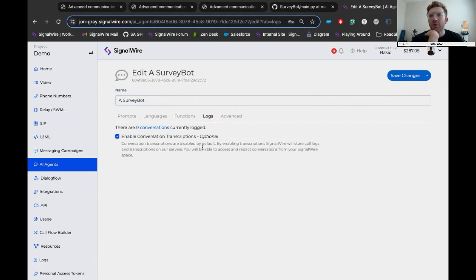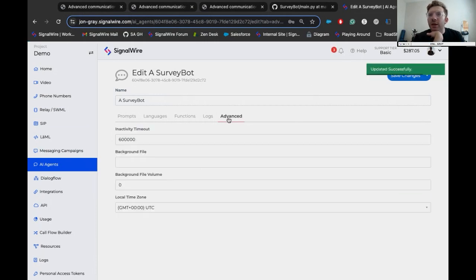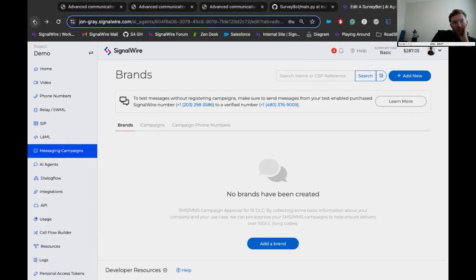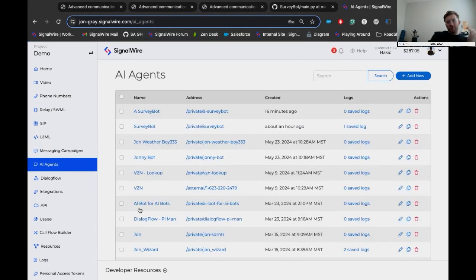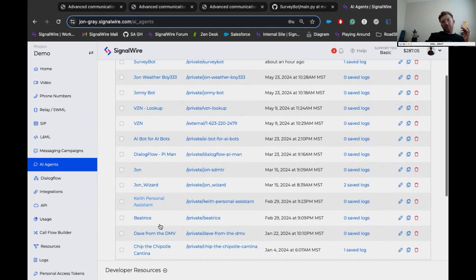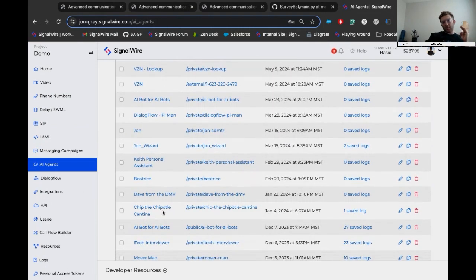I'm going to enable logs here. And lastly, I'm going to add one of my favorites. One of the best features that I really like about what we're doing with the AI agents is the background noise. So I'm going to steal a background noise that I used for